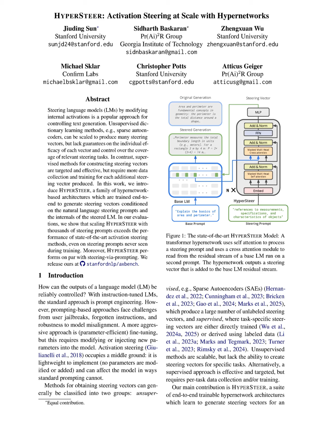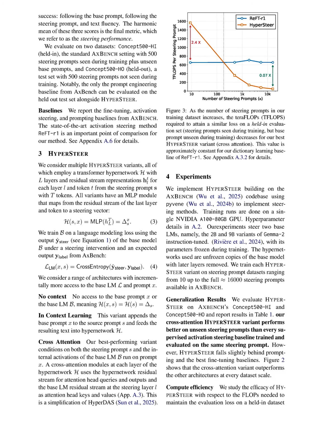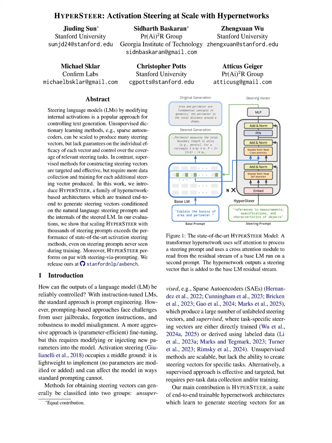HYPERSTEER offers significant practical benefits over existing methods like REFTAR1 in terms of efficiency, scalability, and performance on unseen prompts. It demonstrates improved compute efficiency, requiring fewer flops to maintain evaluation loss as training data increases, making it more economical than REFTAR1. In terms of scalability,